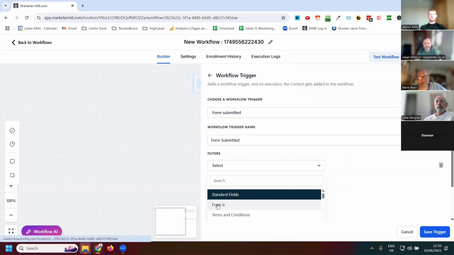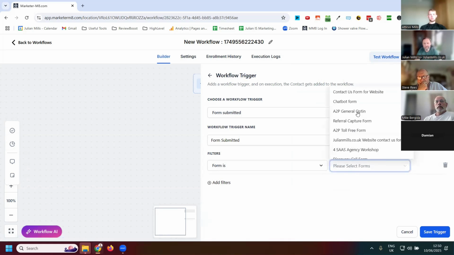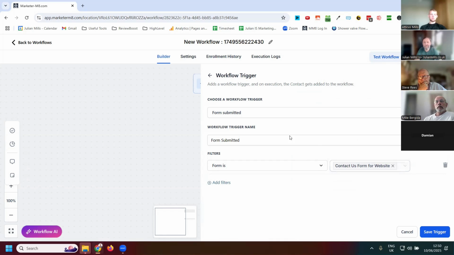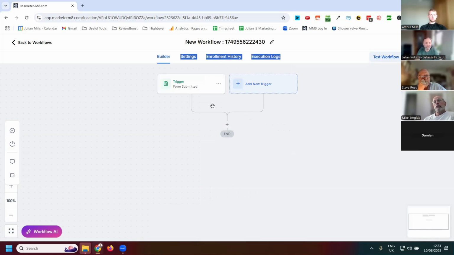I've got one form, a contact us form for websites, whatever form it is. Then, moving things out of the way, save the trigger. So when you fill that form in, or anyone else,